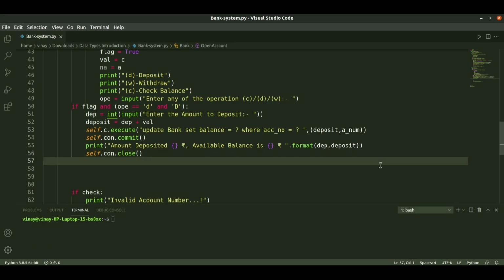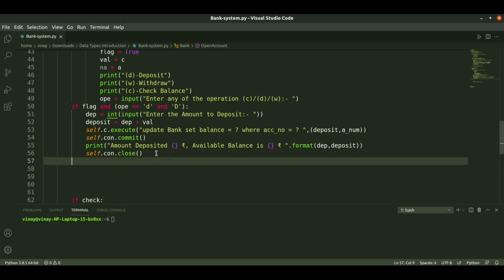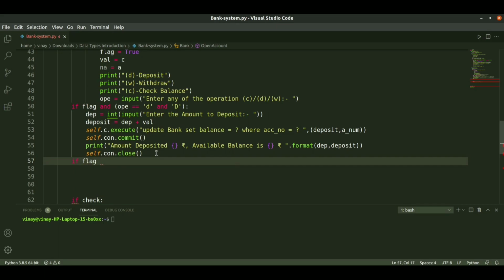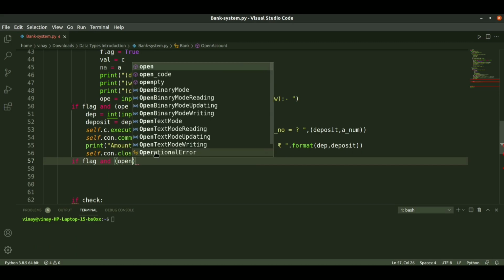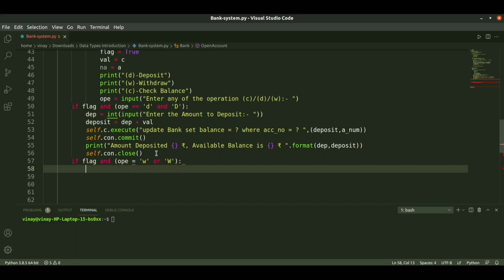So our deposit condition is done. Now when the user enters if flag and operation, when the user enters the withdraw mode, so operation is equal to withdraw, W or capital W. So we need to check whether the amount is available, so first we will take the withdraw amount.